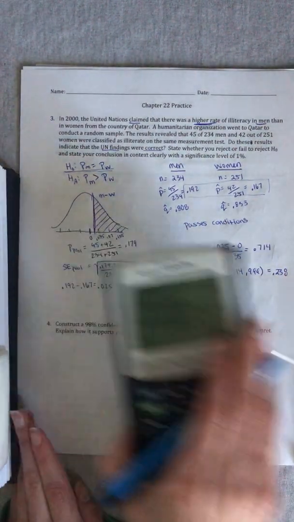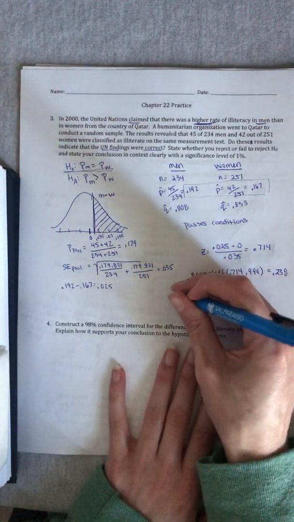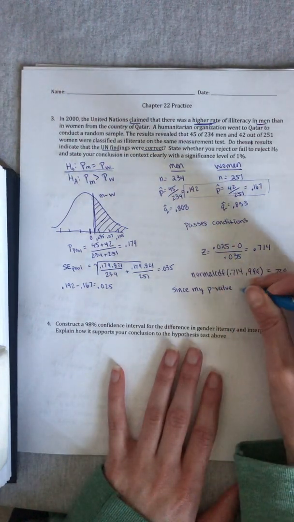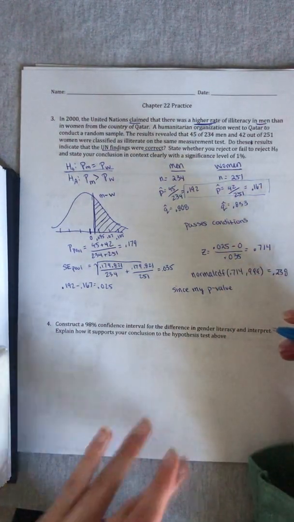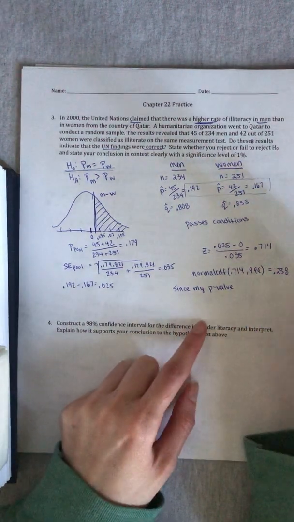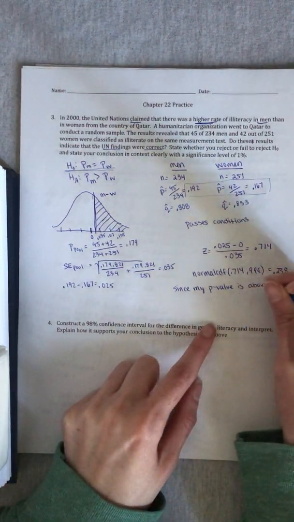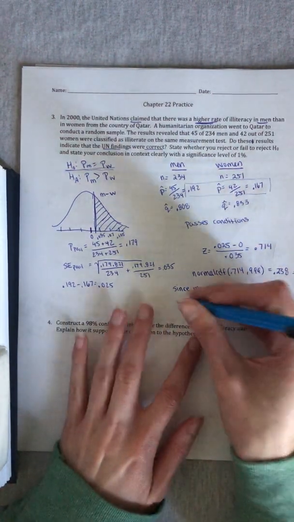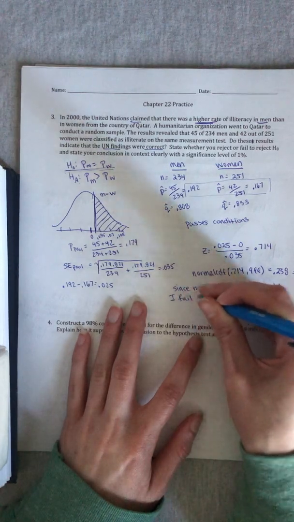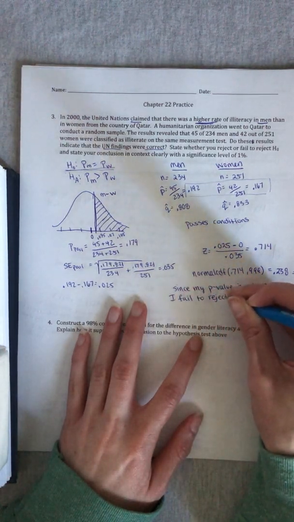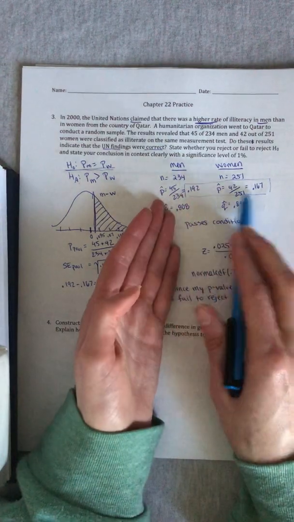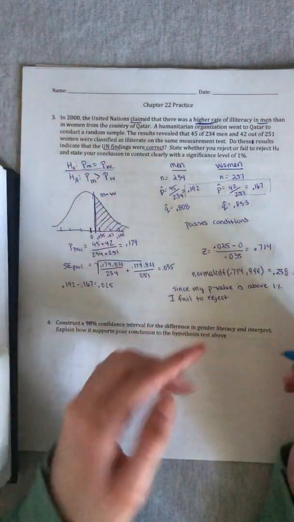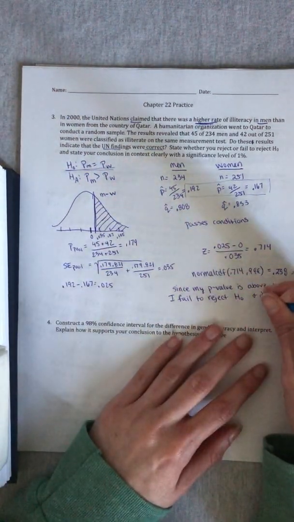My p-value is 0.238. If your p-value is low, you reject H0, but my p-value is high. It's above 1%, it's 23%. I fail to reject H0. It's possible for me to get this sample difference if men and women have the same illiteracy rate. So I fail to reject H0 and don't have evidence